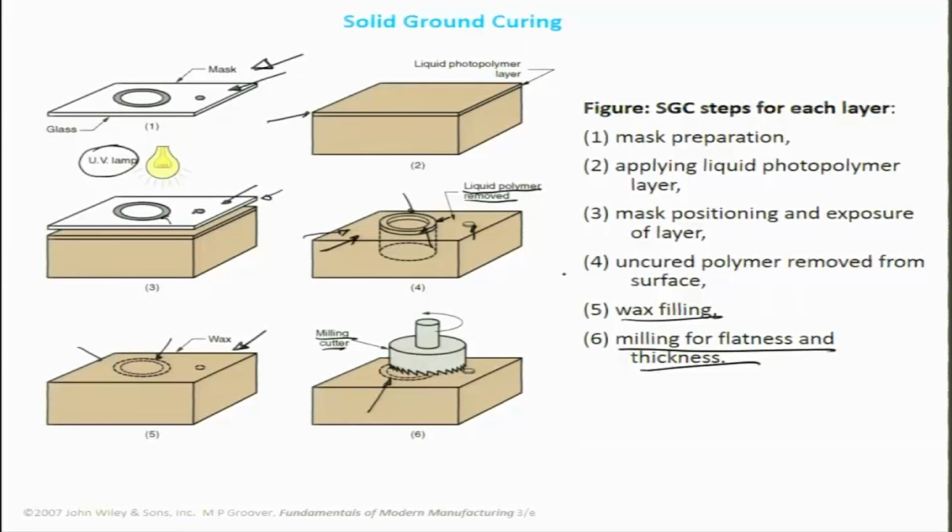We then repeat this process again. So we coat the liquid polymer again, we do a photo masking again. Now this time there has to be an alignment between what was outlaid in the first step and the second outlay. So you should have alignment marks on the mask so that it sits on top of the wax layer. And then again the liquid polymer layer would get cured in places where it is exposed. Again remove the remaining region which has not been exposed